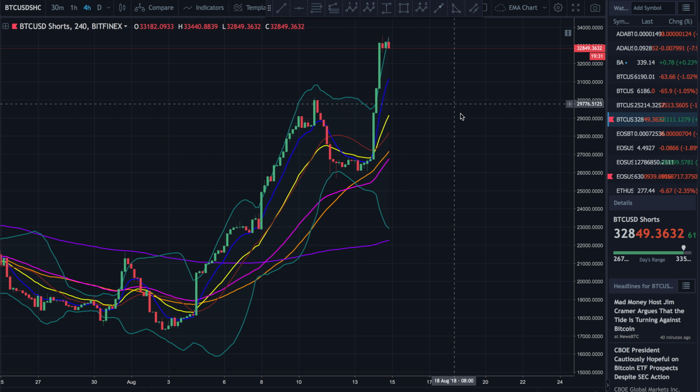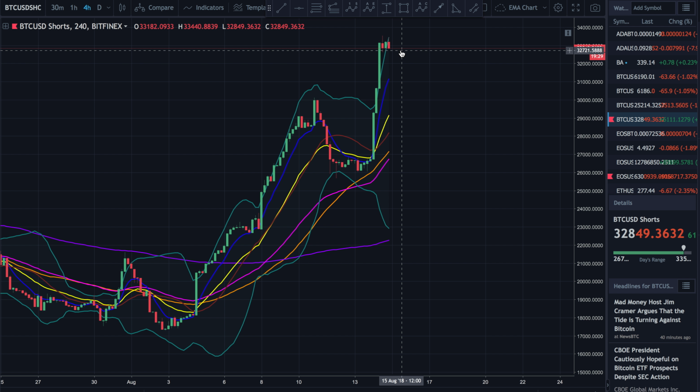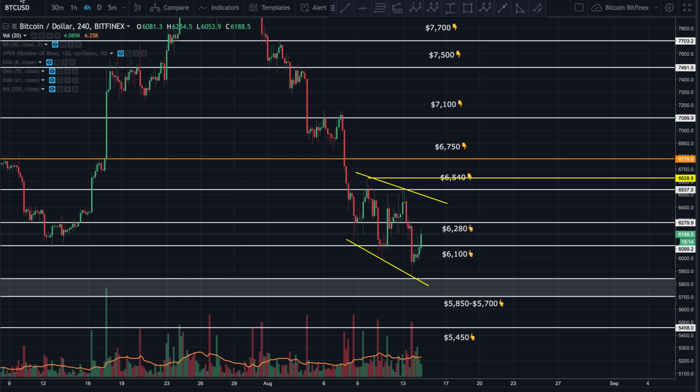Now, if we come over here and we check our short positions, guys, we can see that the shorts on Bitfinex are just moving sideways. They have been for the last 10 hours or so. This latest increase in price has not liquidated shorts. People seem to be holding on to their shorts, which tells me that retail investors expect this market to continue